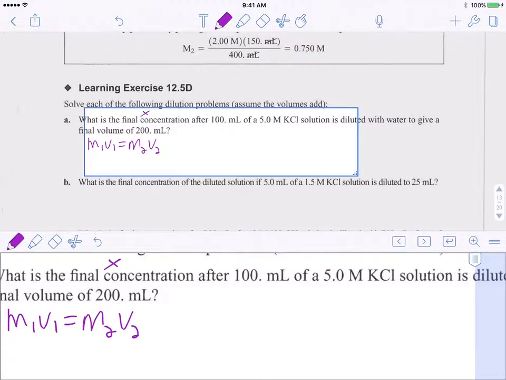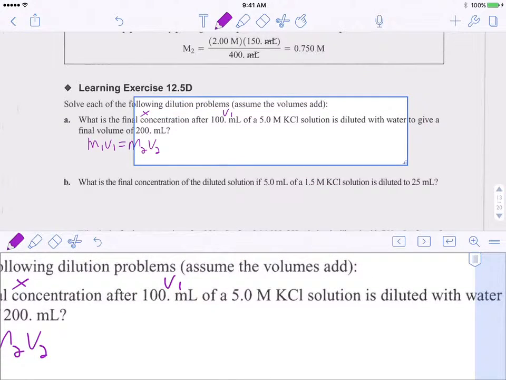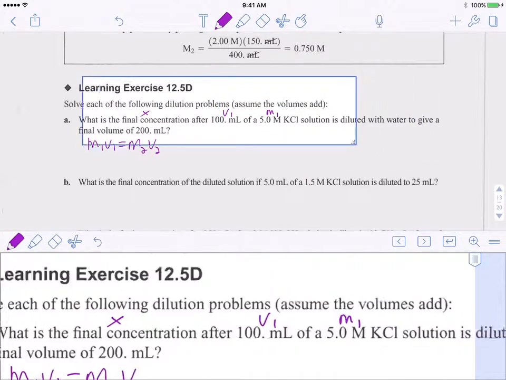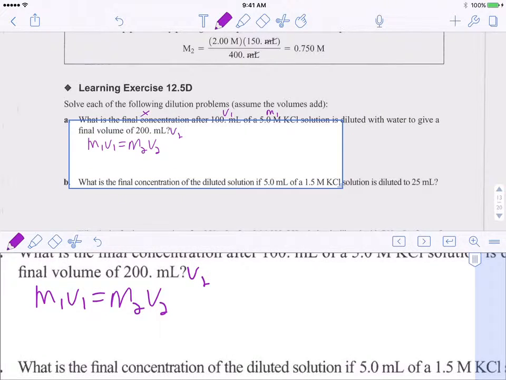Alright, so that's X. And after 100 milliliters, that's V1. First concentration, that's M1, diluted with water to give a final volume. Here's V2. So what I have is M1V1 equals M2V2, 5 molar times